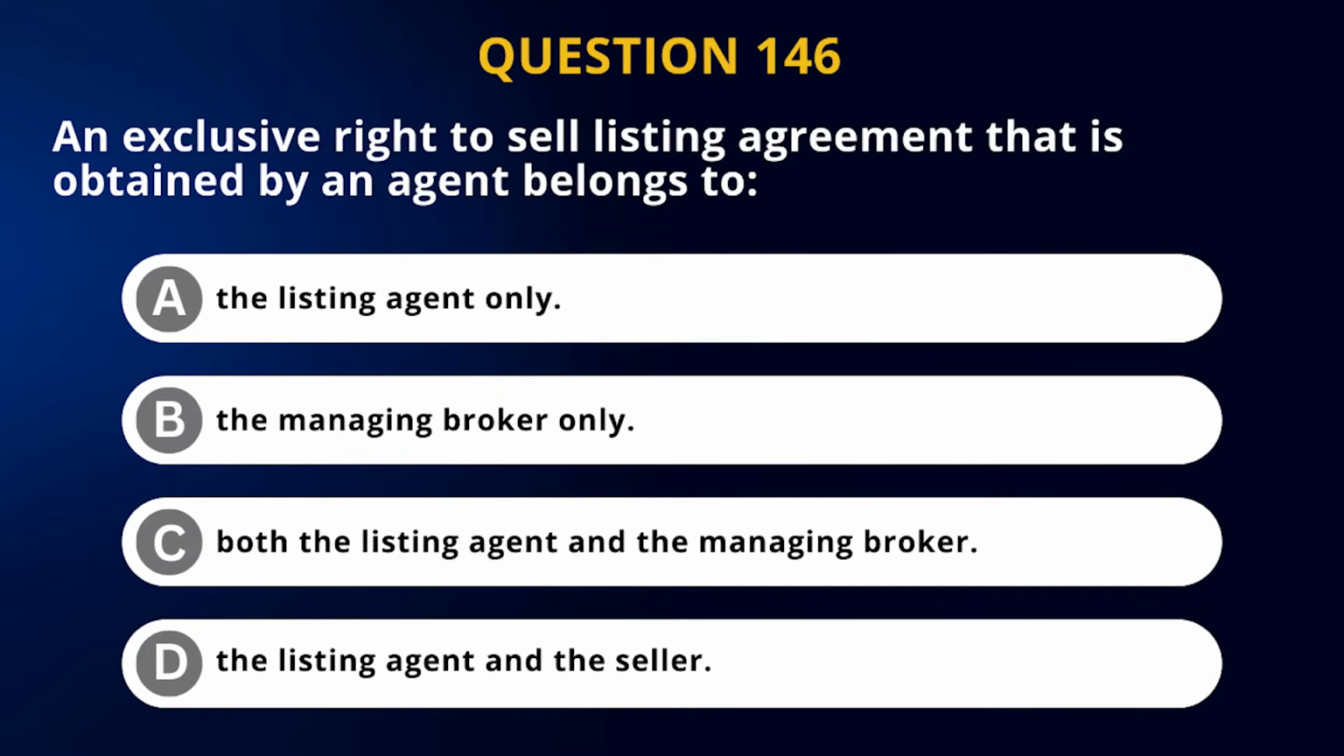Question number 146. An exclusive right to sell listing agreement that is obtained by an agent belongs to: letter A, the listing agent only. Letter B, the managing broker only. Letter C, both the listing agent and the managing broker. Letter D, the listing agent and the seller. Question number 146. An exclusive right to sell listing agreement that is obtained by an agent belongs to,